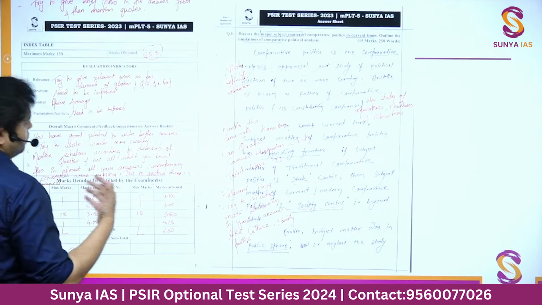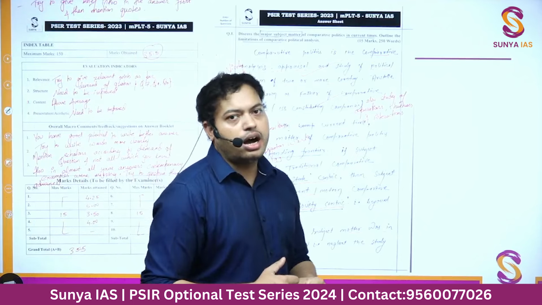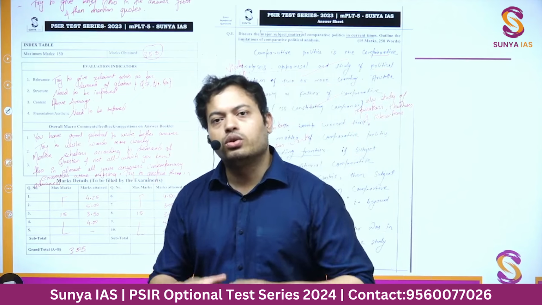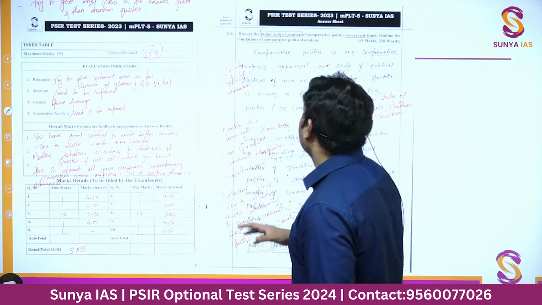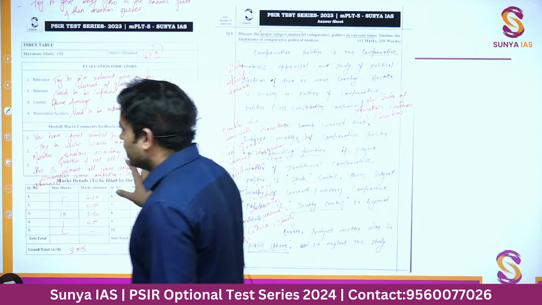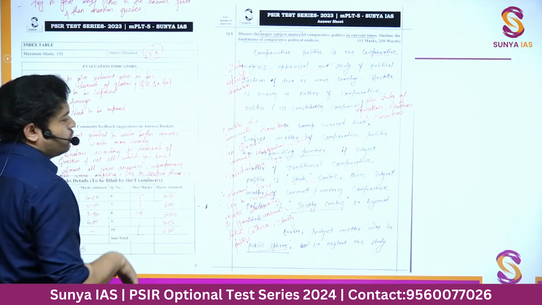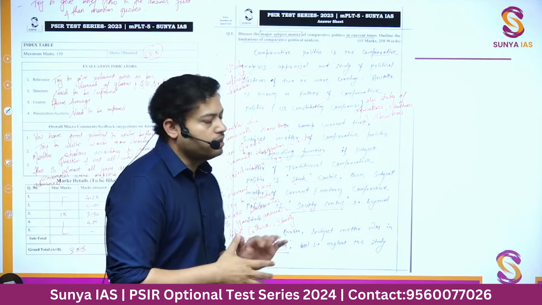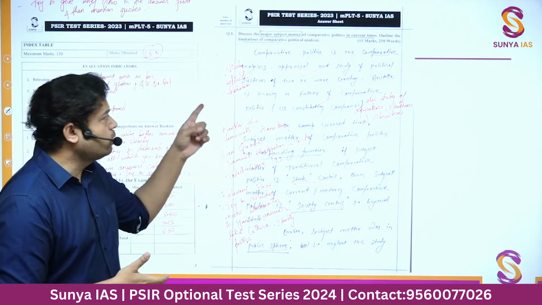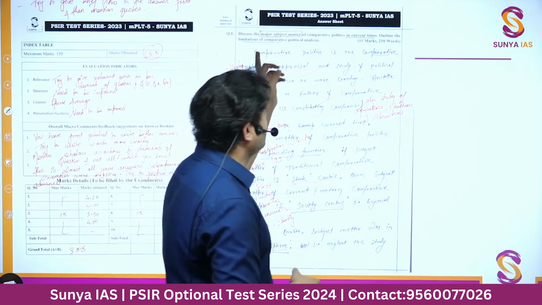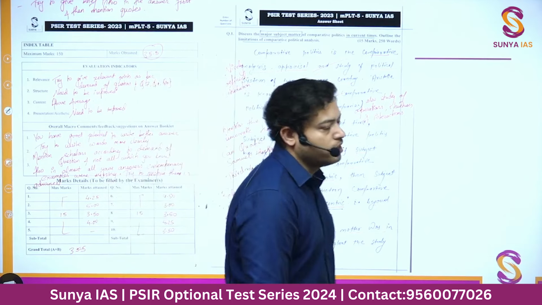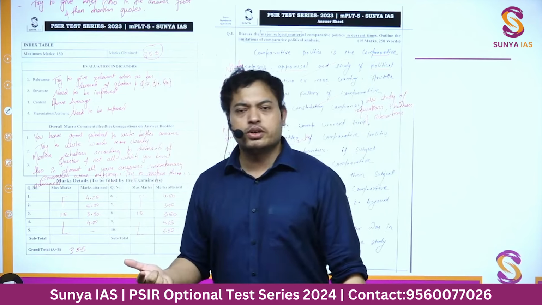Along with the model answer, you must be knowing by now that the evaluation system is also very comprehensive. So just to give you an idea, here is the test series which is going on right now. I've just taken a screenshot of one of the questions that a student has written, and then it has been evaluated, so you can see that from here. Discuss the major subject matters of comparative politics in current times, outline the limitations of comparative politics analysis. What is the most important thing about comparative politics right now?